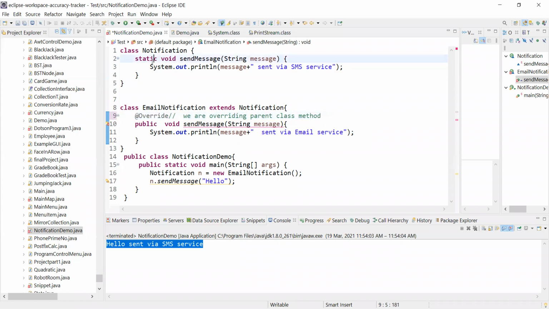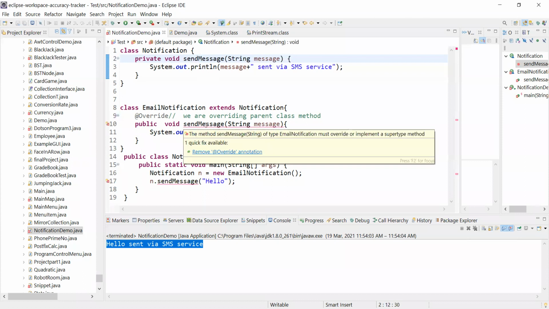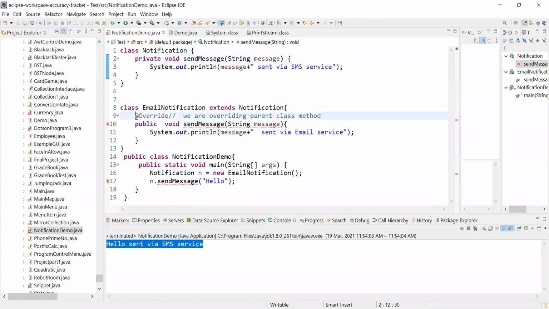So first, let me do one thing. Even if I make it private, then we will not be able to call it. This is the private method, and the similar method we have here. Right now, EmailNotification class has a method sendMessage, right?